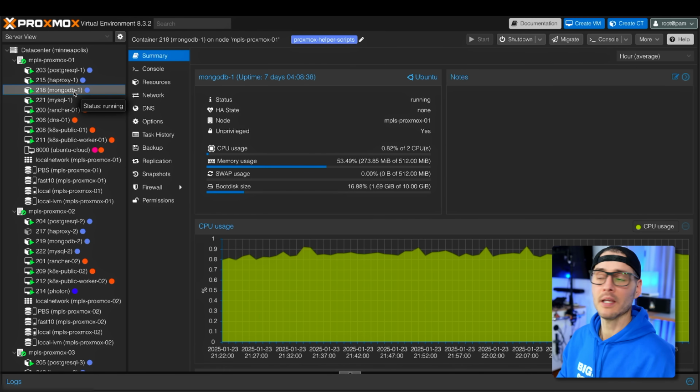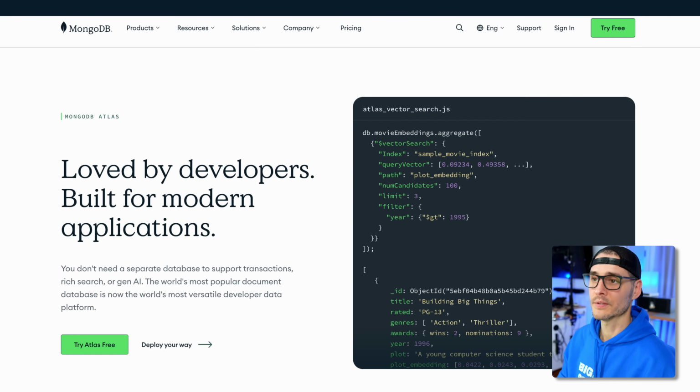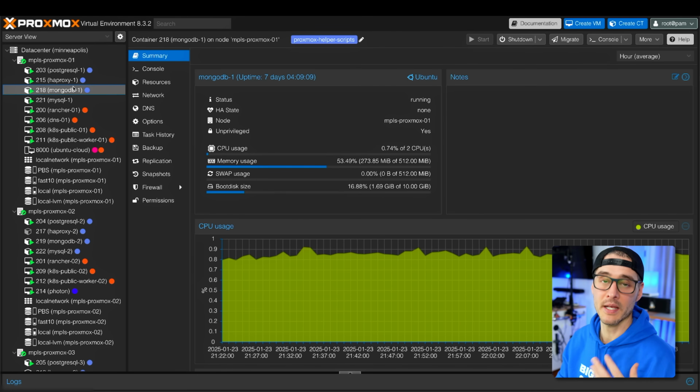Then I have MongoDB. If you're not familiar with MongoDB, it's really a NoSQL database. And so it doesn't use SQL at all. It uses documents. But it's pretty popular among JavaScript developers and for things that aren't relational. Actually, it can do relational stuff now. And at the same time, relational databases can do schemaless or NoSQL type databases too with documents. It's all crazy. They're just intermingling now. But anyways, I use that for a lot of my external services and some of my internal services too.